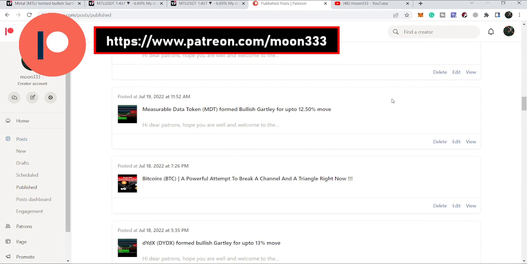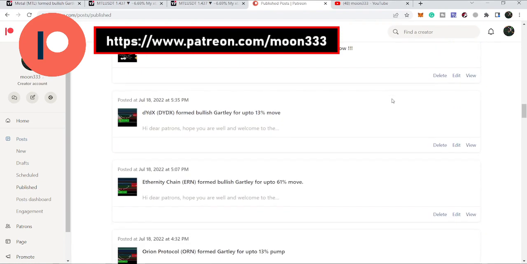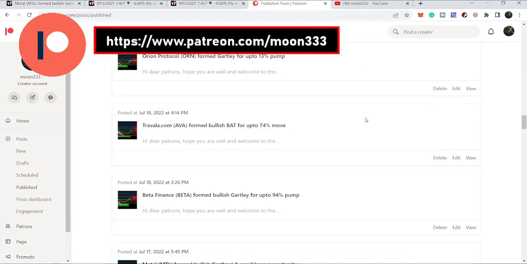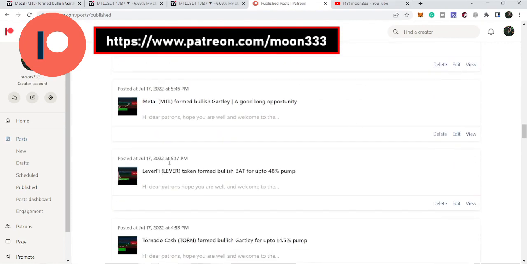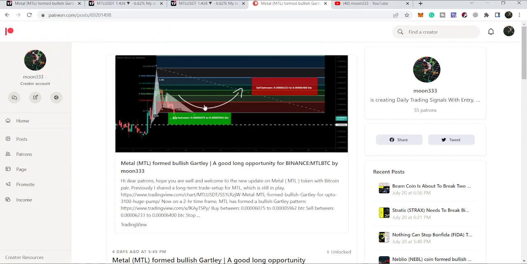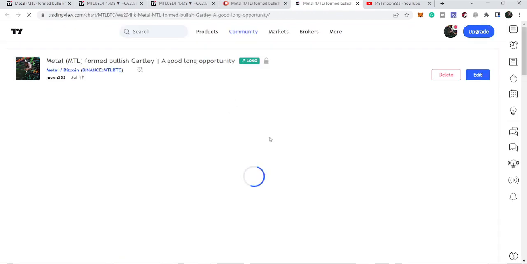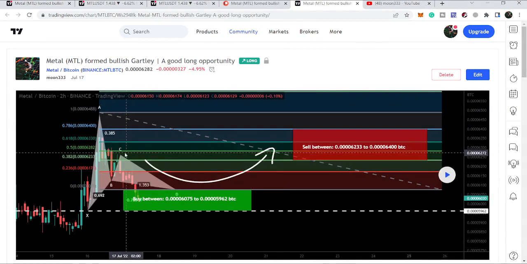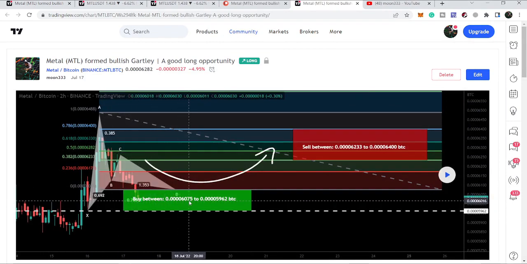And first of all, let me just start with this recent trade setup that I shared with my members at the Patreon when MTL completed a harmonic bullish reversal Gartley move. And by the way, this trade setup was with Bitcoin pair. MTL completed this bullish reversal setup with Bitcoin pair. Therefore, I'm going to tell you the values in Bitcoin. And I told my members that from here we can expect a reversal move because this is a perfect Gartley, and our buying zone was from 6075